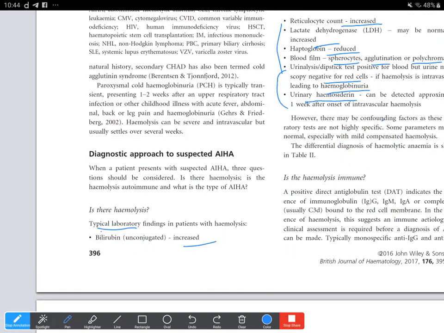Now, these are the typical findings, but there will be some atypical. We need to take the whole picture into account, especially with the reticulocyte count. This count is supposed to be increased when there's hemolysis, but there can be reticulocytopenia also, as they have mentioned in the guidelines, especially in conditions with parvovirus infection. And also if it is very early, a very acute intravascular hemolysis, and the reticulocyte count has not been able to increase so much to compensate for the hemolysis.